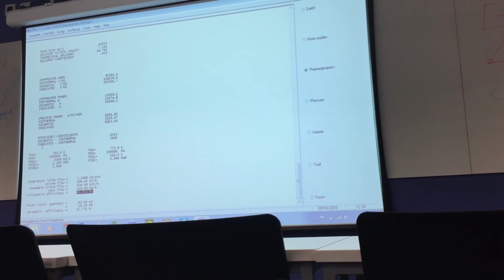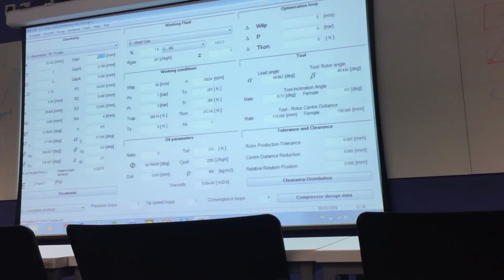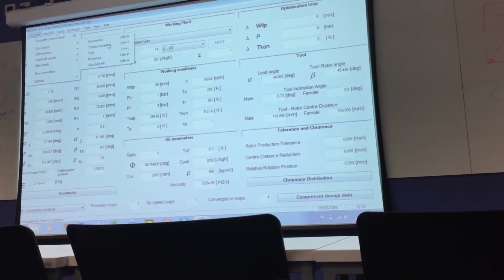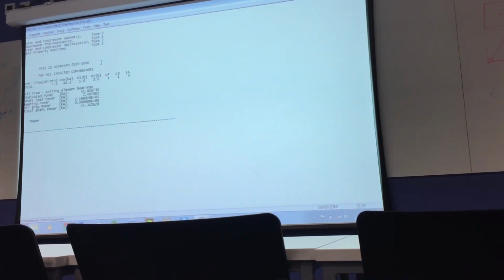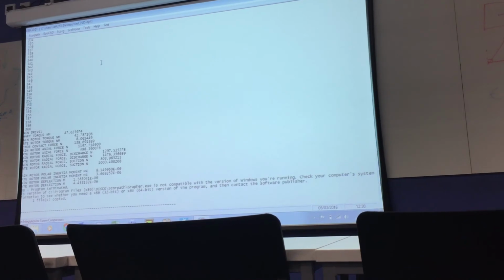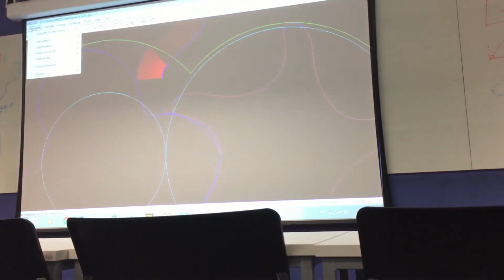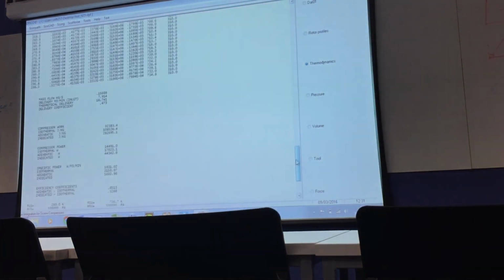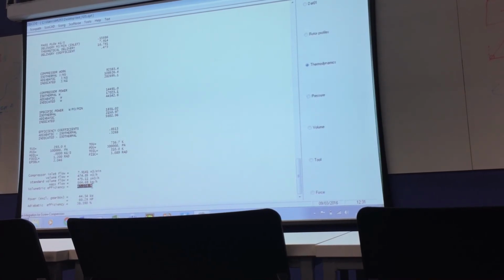Now I'll keep everything same and just reduce the clearance from 180 to 80 microns and calculate everything again. That is about 4% improvement in efficiency.